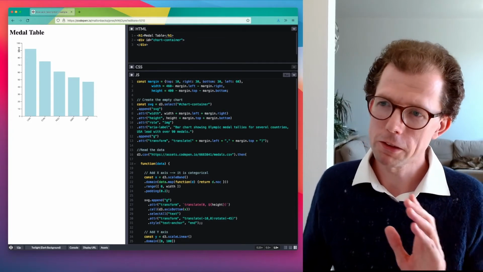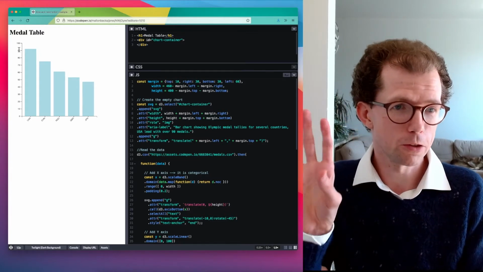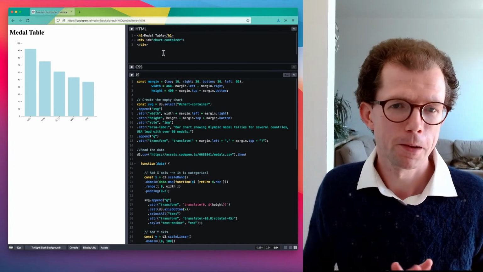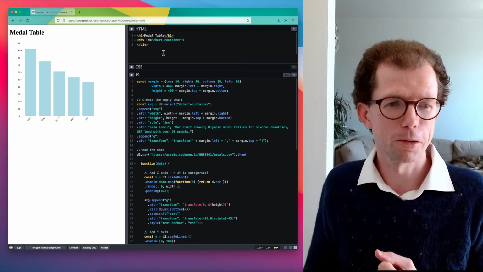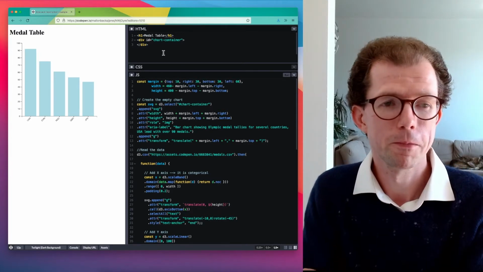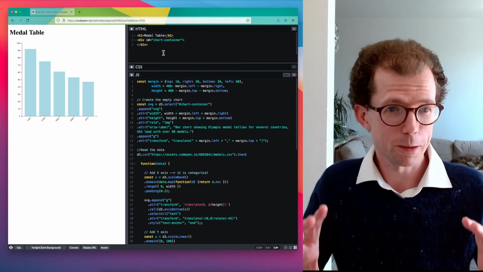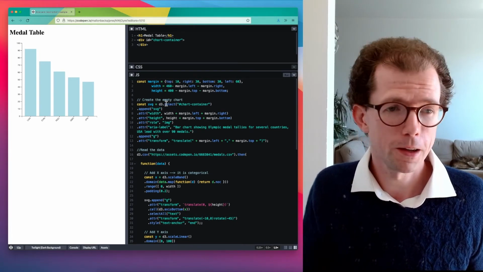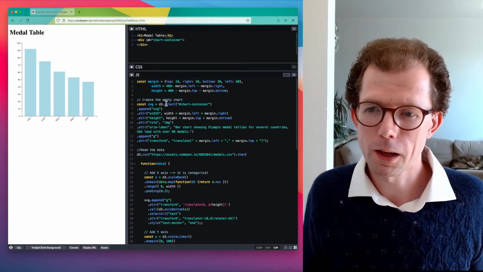Now, if this is a one-off visualization and the data are hard-coded or whatever, it's quite okay to just stick a table inside your HTML and leave it at that. But if your data are coming in from outside, let's say this was getting its data from somewhere else and it's updating all the time, you don't want to have to update the table as well. So we can actually use more D3 code to generate the table, because D3 is just working on any elements it likes. And here we create an SVG. We can also create a table. Now let's see how we do that.